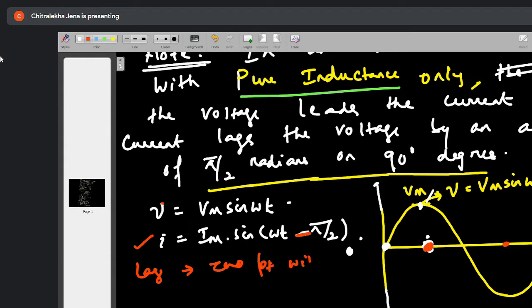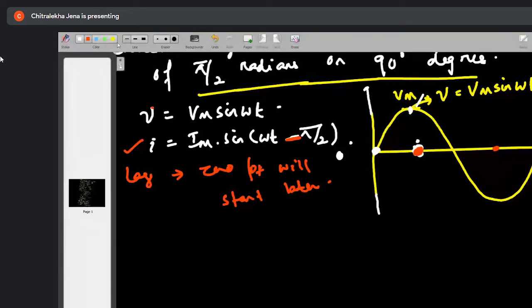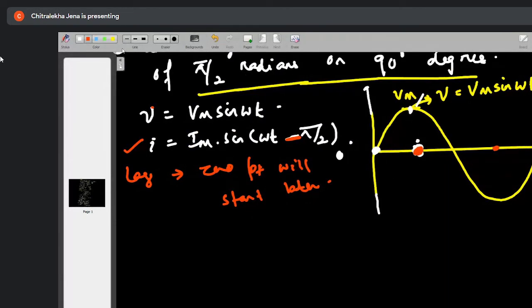Lag means the zero point of reference will start later. Understood? That I have told you, how to remember. So here, the zero point will start after how much radians? After